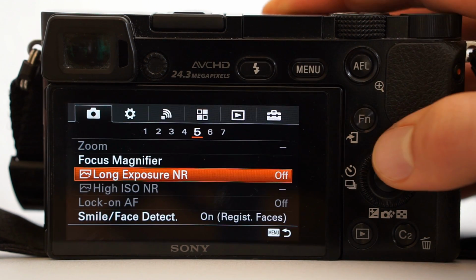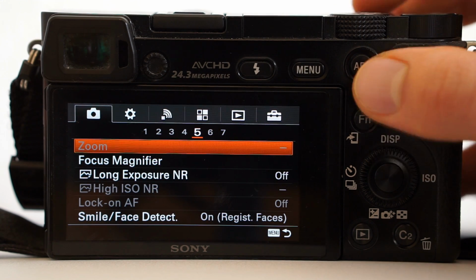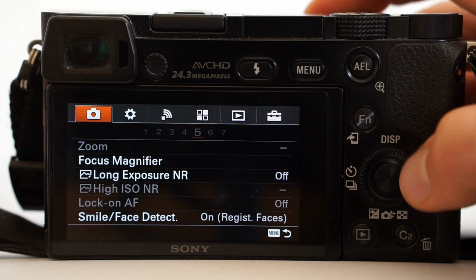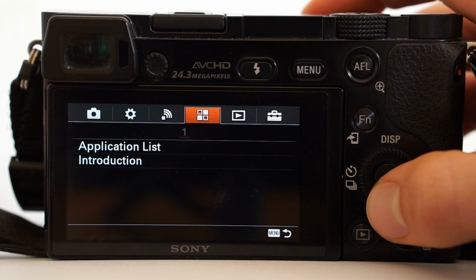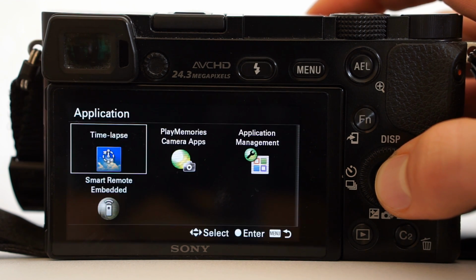And then let's go to Menu, and you might want to turn off Long Exposure Noise Reduction. It's a really great feature, but the camera will take a second image, and this might intersect with the interval of our time-lapse. So now, let's navigate through the application list, choose Time-Lapse,